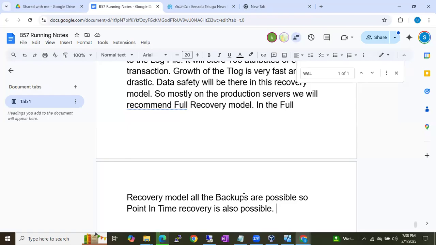Yes, it's possible. Why? What is the reason? Because we can take all types of backups. So that's why, when you can take all types, point in time recovery can be achieved with all types of